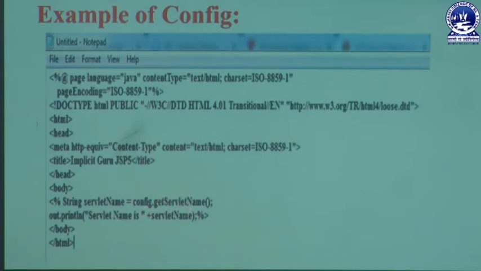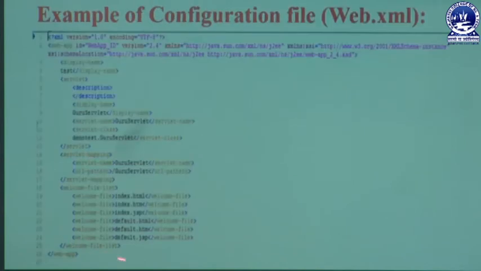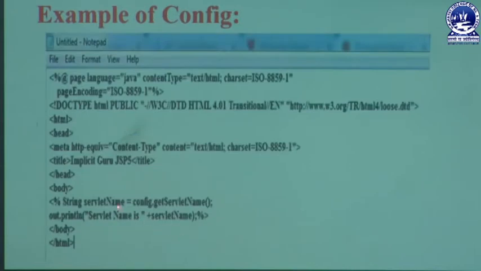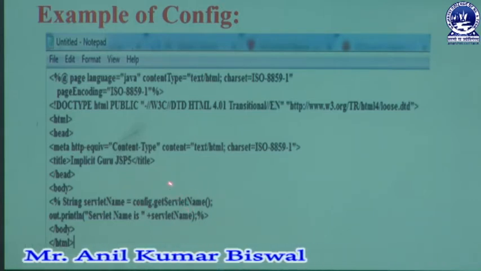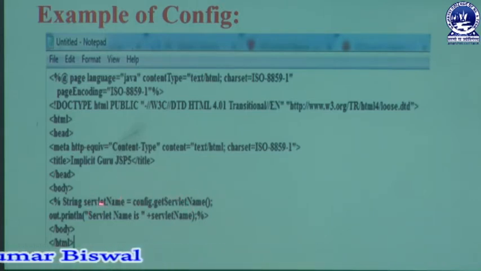In that method we can easily get some information which is written in our XML file. In our XML file some content is written, and that content is automatically displayed by this method. That means this config.getServletName can extract the name of a servlet which is stored in that servlet name object, which is a string object.